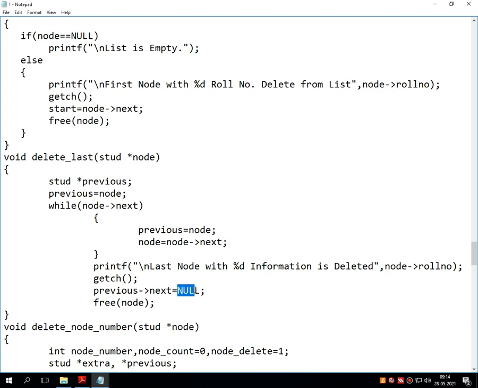In total we have 7 nodes, 7 is the last node. In the 7th node as a reference we have stored null, that is going to be shifted into the 6th node, and into the 6th node's reference part null is going to be stored. So the 7th gets separated from the entire linked list, and then by passing the reference into the free function, the last node gets deleted. So how many nodes are there now in the single linked list? Total number of nodes is 6. So this is called delete_last.